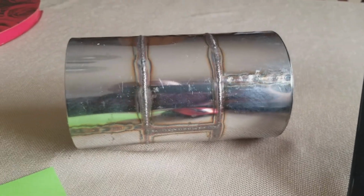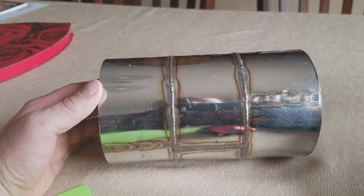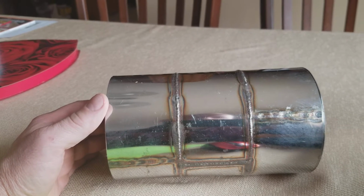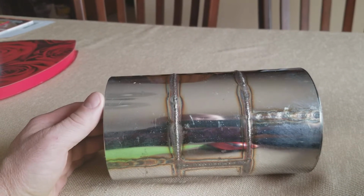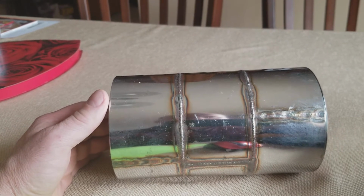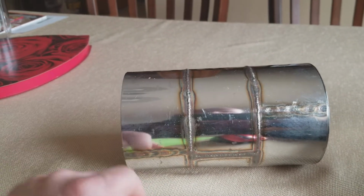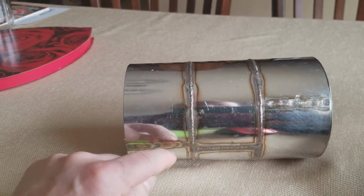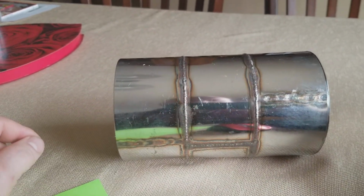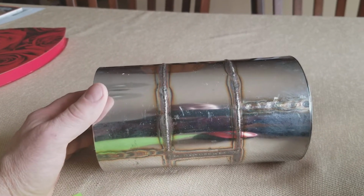Hey guys, years ago I TIG welded this, and I'm going to use this to try and explain how to use a horizontal machining center to profile mill the seam on the shell of the drum. So this represents the drum, and looks like I've got three different locations of the seam here, but if you can imagine that the seam goes all the way across, like on the drum that I was machining the profile,